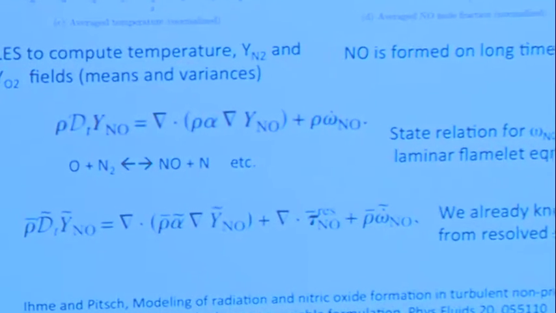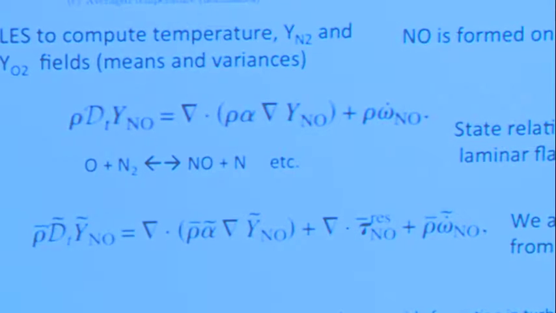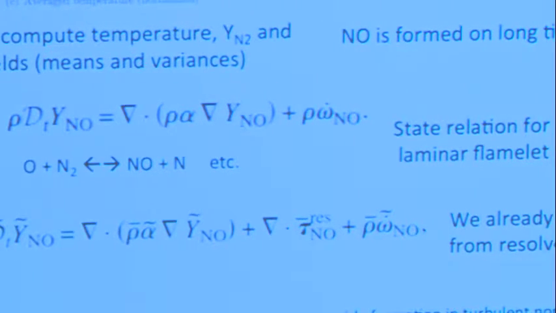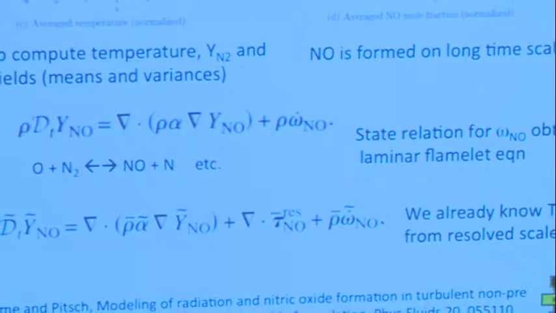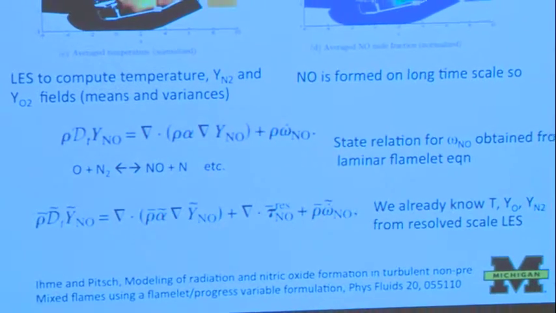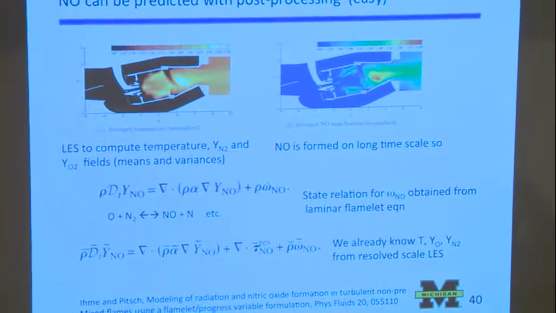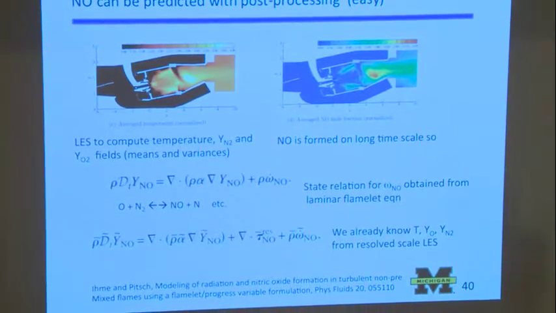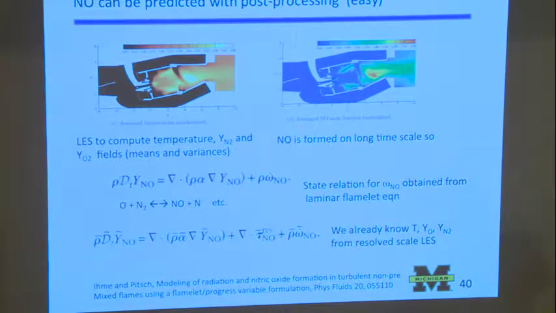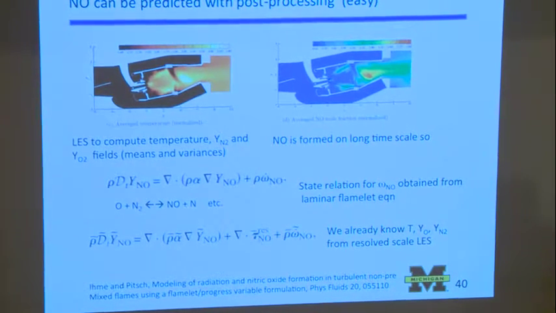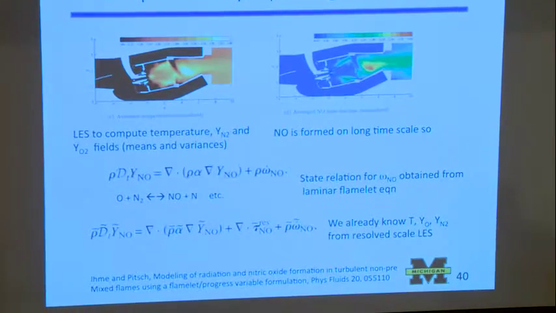So all you need to know is the temperature field downstream of the flame, as well as the O2 and N2 mass fractions. And so you just imagine a flame here, and then for the next meter above it, there's O2, N2, and high temperatures. I'm ignoring any NOx formation in the flame, and so I'm just in this 1 meter region, how much NOx is produced. Well, I just used my chemistry, and